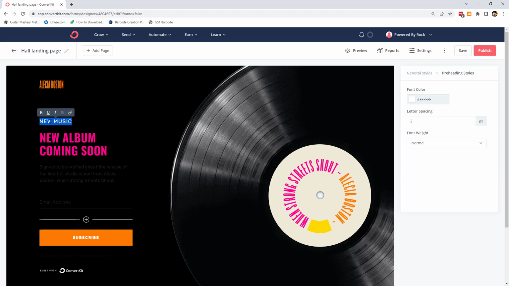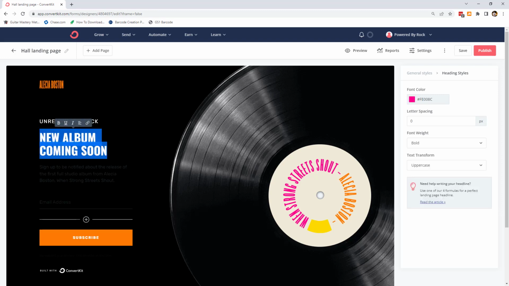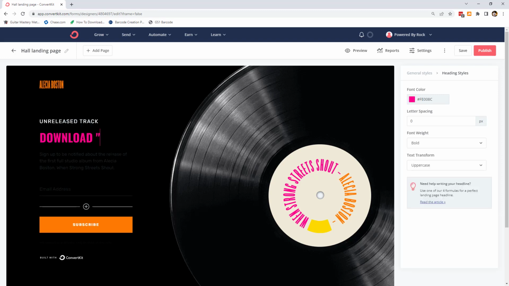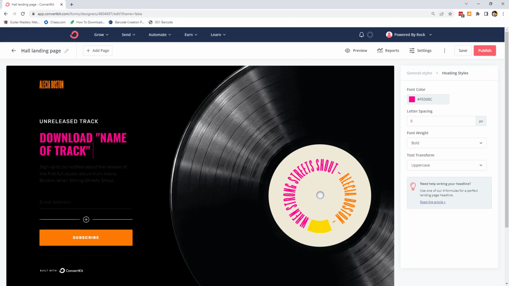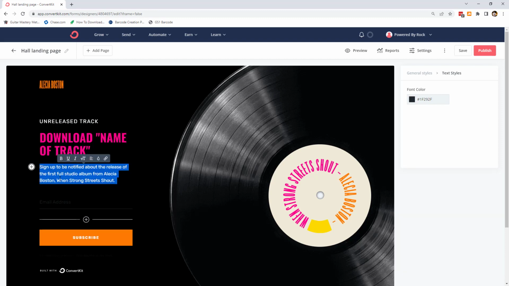Maybe your incentive is that you're giving away something absolutely free. So what you would do is explain it in the landing page. So an unreleased track, for example, and you say download name of track, whatever it is. And then here, instead of saying sign up to be notified about the release, blah, blah, blah, you might say